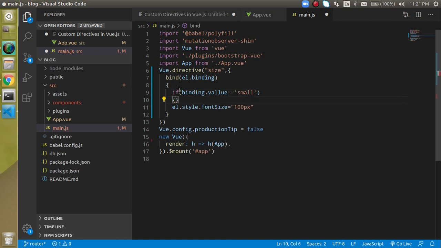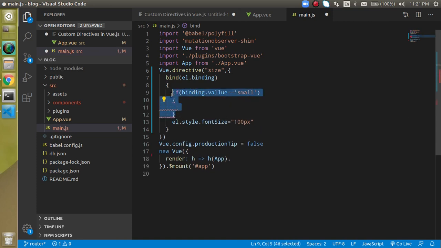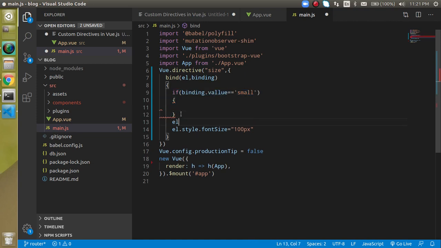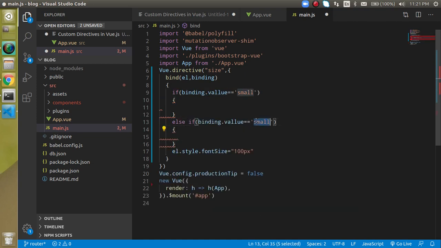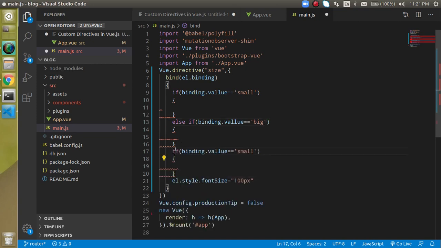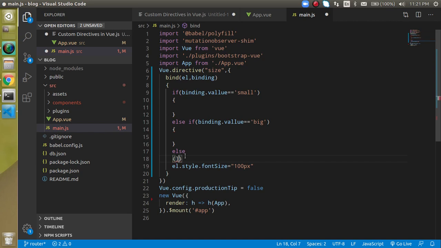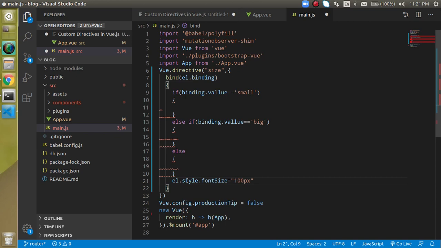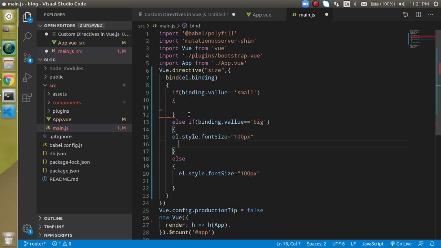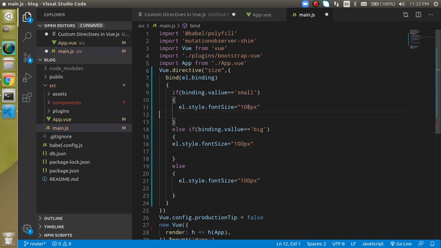right? Then we have to run a condition. After that we can also run else if the value is big, and at the last we can also run an else condition. We don't need a condition for it, right? And just put this el here. Alright, so if we have a small size, then font size can be 20 pixels.